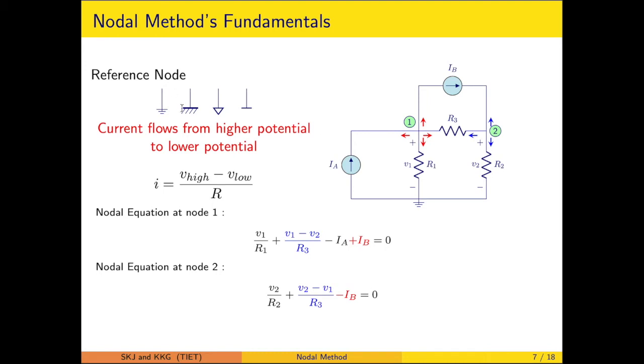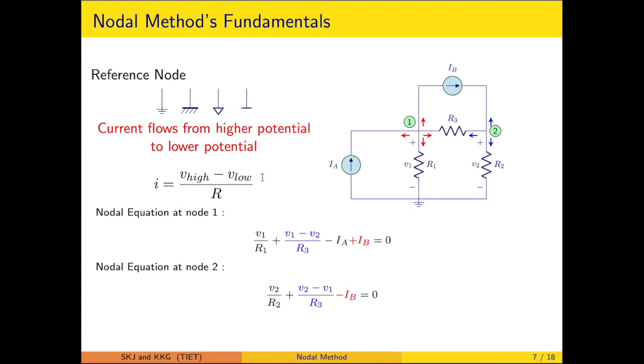So these are the various symbols which are used for marking a reference node. Normally we are saying the reference is a datum node, so it is coinciding with the geometry, and this particular bottom node is marked as a reference one. Otherwise any of the nodes can be marked as reference.